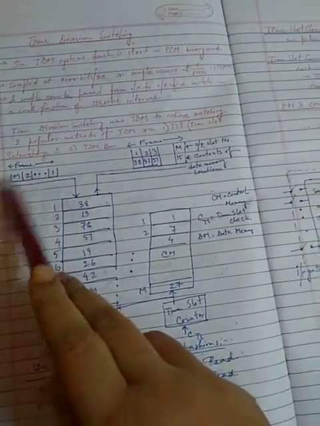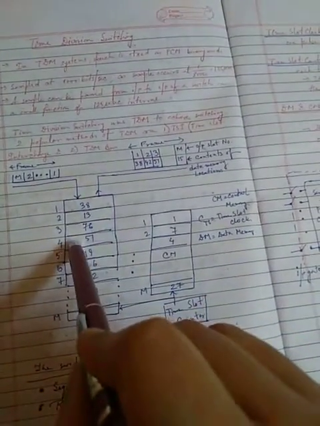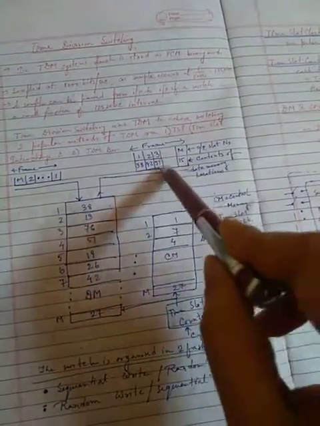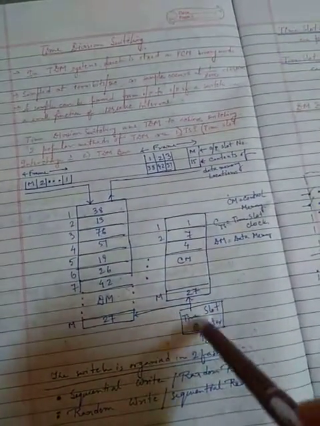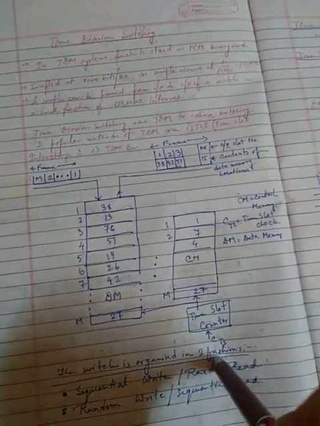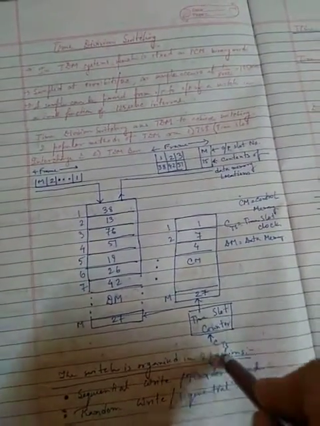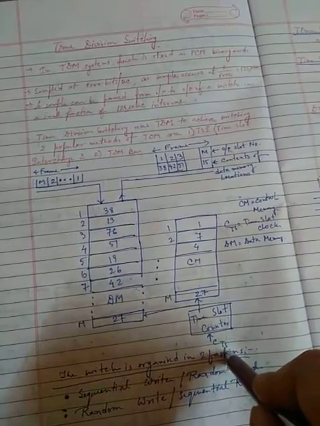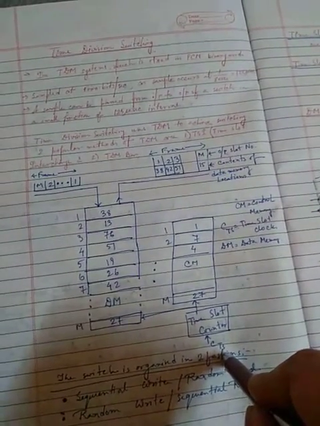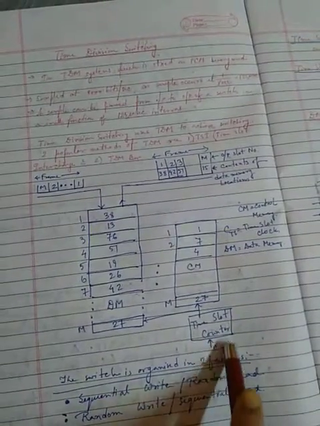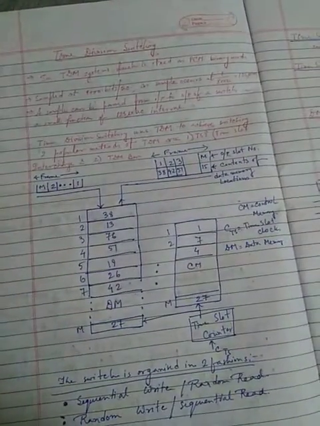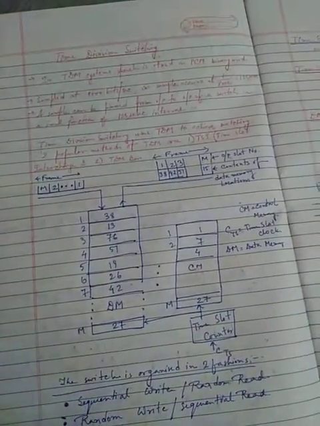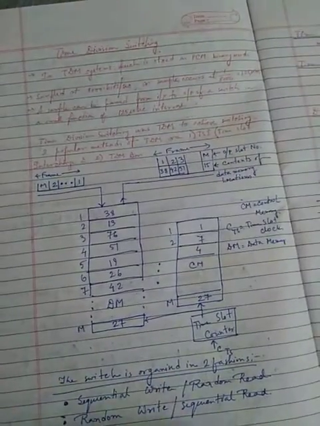Here we can see a frame, and this is the DM, that is the data memory. This is the control memory. Here is the output panel, where we have written the output slot number and the contents of the data memory locations. And down here, this is the CTS. CTS is nothing but the clock. CTS is the time slot clock. It runs at the time slot rate, that is at a rate of 1 pulse every 125 microseconds. So it will control this time slot counter. That means when one time slot, 8-bit pulses, have passed, it will trigger again. In that way the clock pulse will keep running.